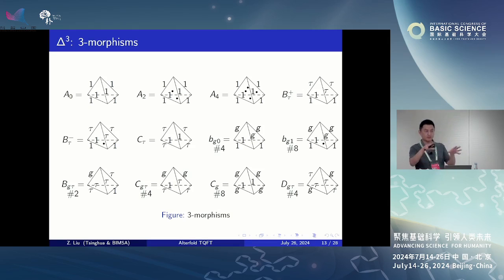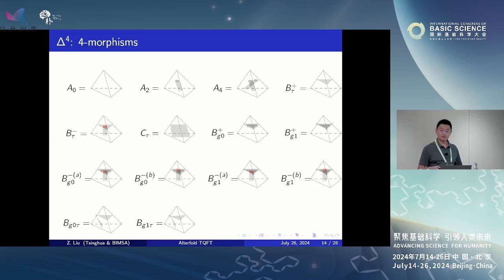And then after we have the label of the 2-simplex, we can build up the 3-simplex by fixing the boundary faces. There are many possibilities. After we have the boundary for the 3-simplex with compatible boundary conditions, we can fill the bulk and get the 4-morphisms. The 4-morphisms are filled by those surfaces we start with, and those are vectors. Given the previous boundary condition, we can write down those vectors.